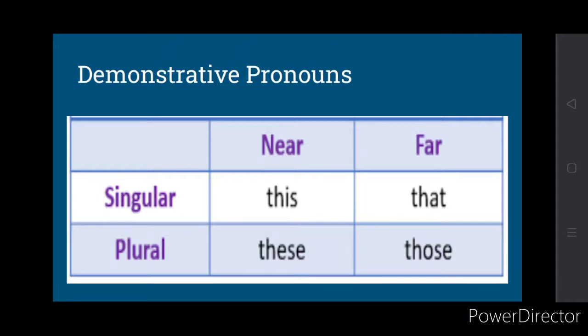Then we will move on to demonstrative pronouns. When do we use demonstrative pronouns like this, that, these, those? This is used for singular and for objects that are near to you: this is my house. If your house is far, then you will say that is my house. Similarly we use these when we are talking about plural and they're near, so we will say these are my plants. When you're standing right next to your plants, you will use these, and you will use those when your plants are far away: those are my plants.